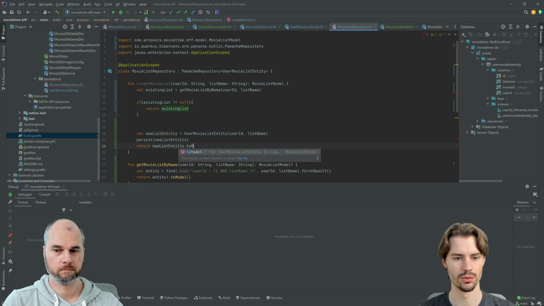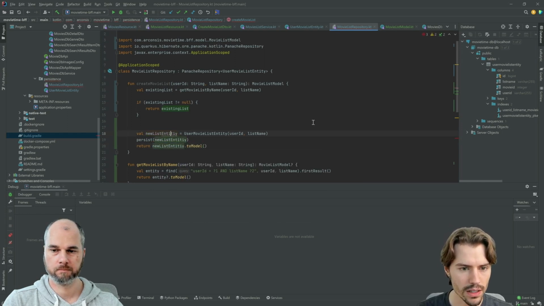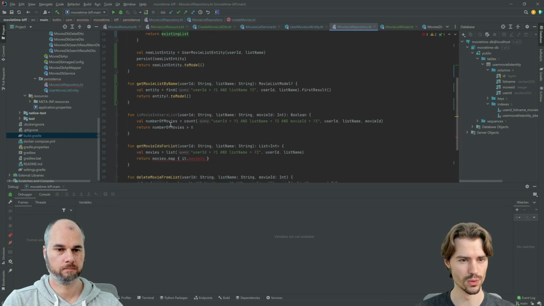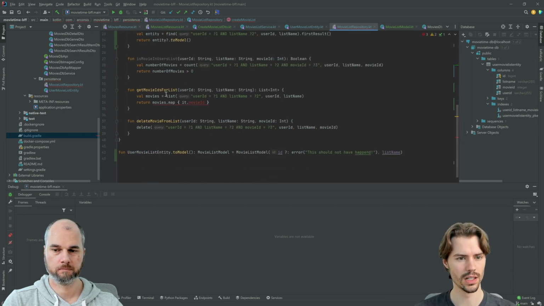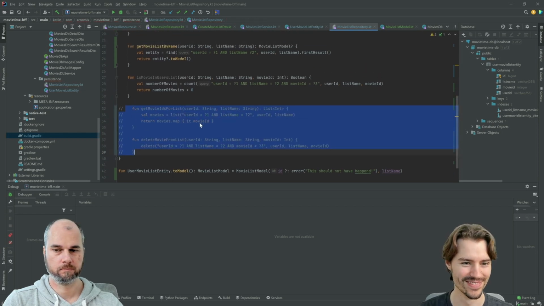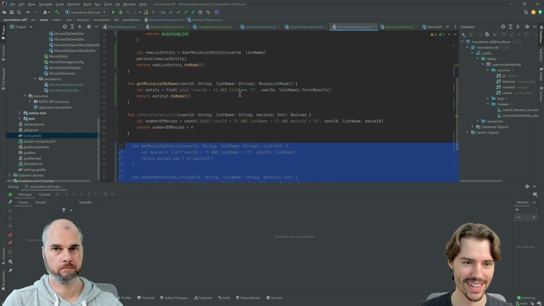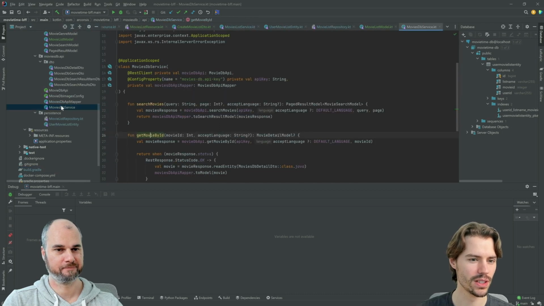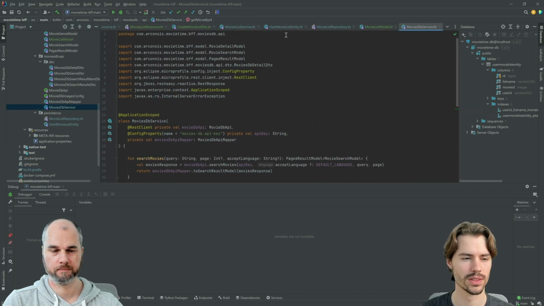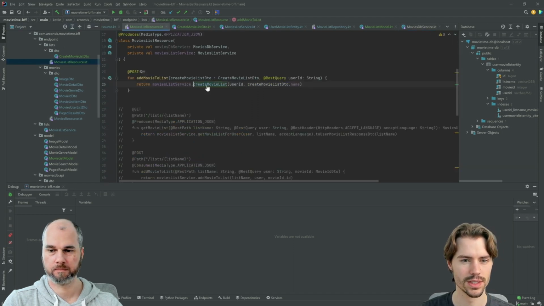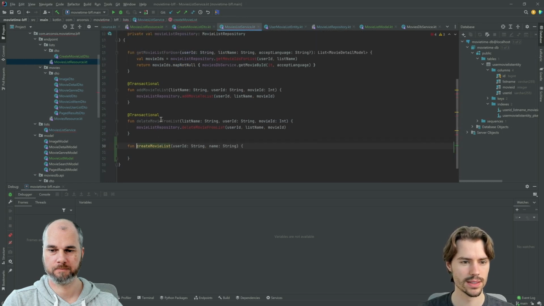Entity to model after the persisting. So we will get back to that. Movie, no, is it this one? Let's start from the resource again. List resource, create movie list, and